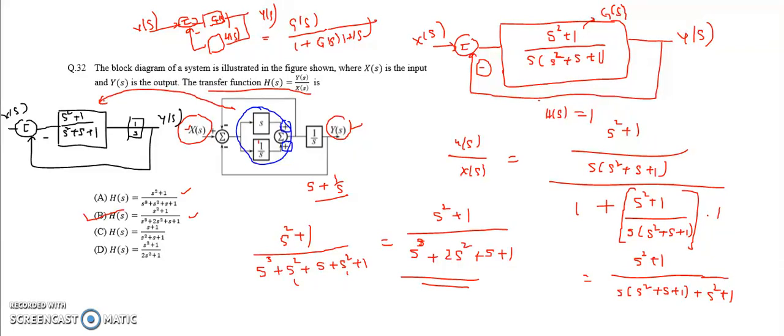After simplifying this block, both these two blocks are in series, so I can multiply both these two, and after multiplication the equivalent block diagram will look like this. And again I am having the unity negative feedback, just like it is a G of s and here H of s is 1. So the general transfer function is G of s by 1 plus G of s into H of s. So I'm simply taking it like this, G of s divided by 1 plus G of s into H of s. After simplifying this expression, finally I got this, and this one is matching with option B. It is a way of solving this one.